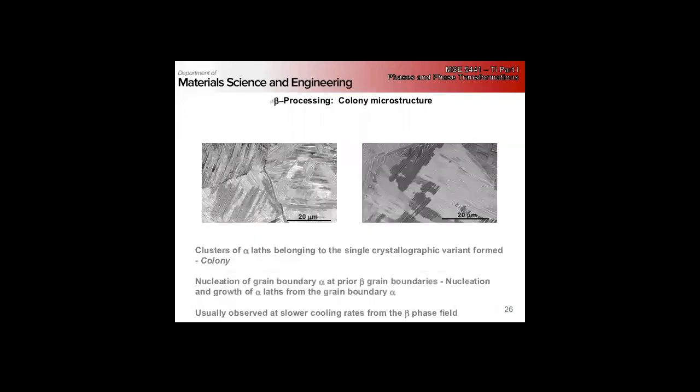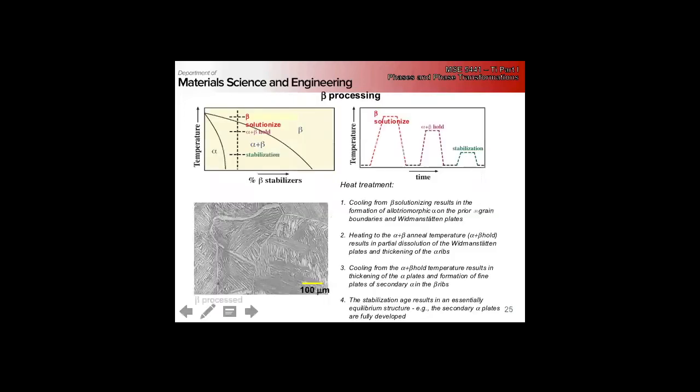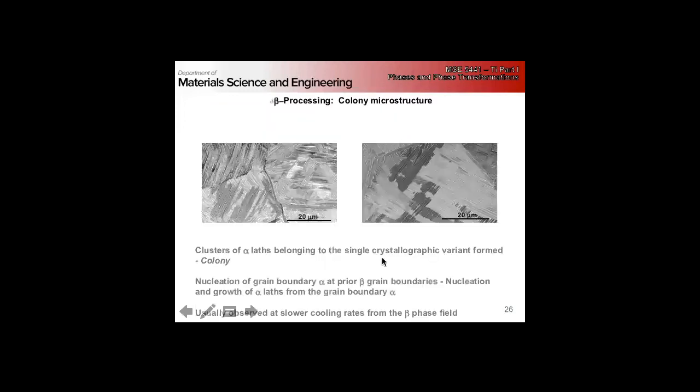Okay. And from this beta processing, depending on our cooling rates, right? If we think about if we cool quickly from our solutionizing versus cooling slowly, we're going to have a very different morphology. If we cool slowly, we get what's called a colony microstructure, where we have big regions. Basically, you can think of these as like a colony of Widmanstätten plates, just like in steel, right? These are all one crystallographic variant, so everything in here is going to share a similar crystallographic orientation, separated by regions of